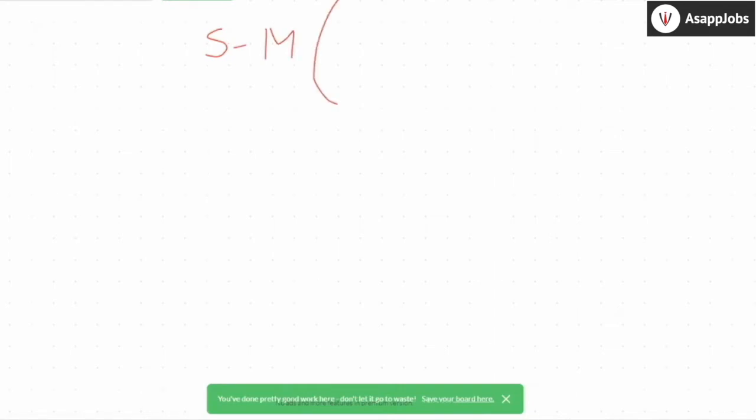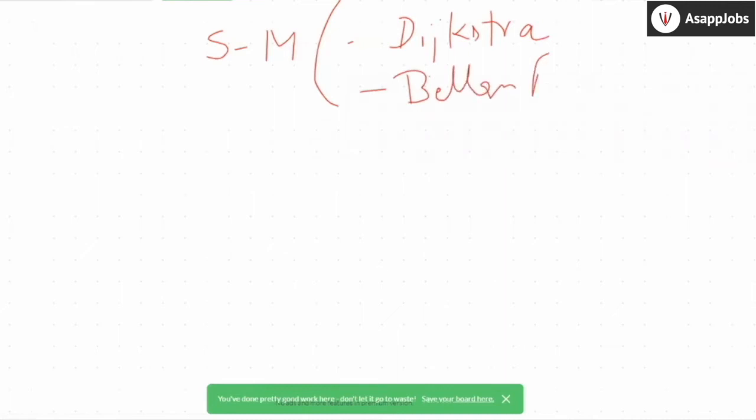Here we have two major algorithms. One is Dijkstra, the other one is Bellman-Ford. All the algorithms that you see for graphs are based on a basic idea: how do you define your cut. Dijkstra uses the concept of cut in one way. Bellman-Ford uses the concept of cut in a different way. So right, that's what we did.